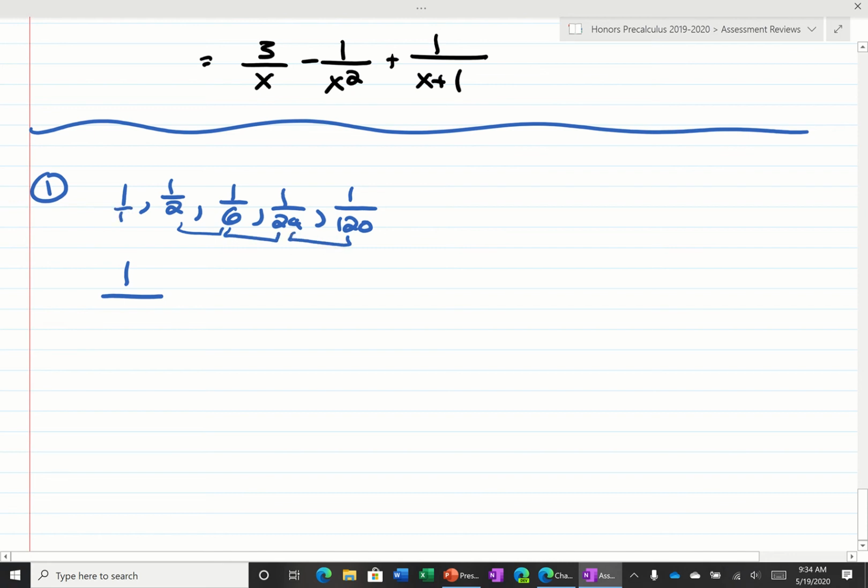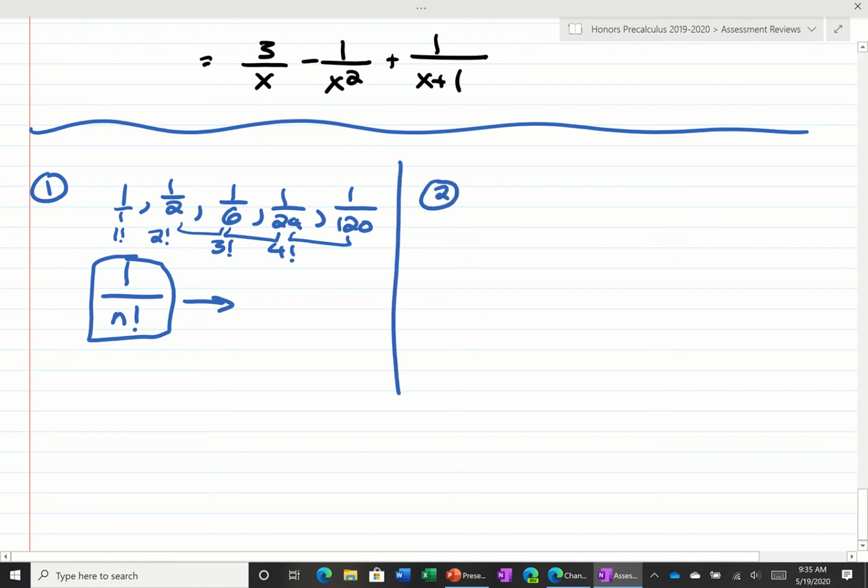So if this is 1, it looks like this would be 1 factorial, 2 factorial, 3 factorial, 4 factorial. So that would be our equation. Right, so that would be the answer for number 1. For number 2,